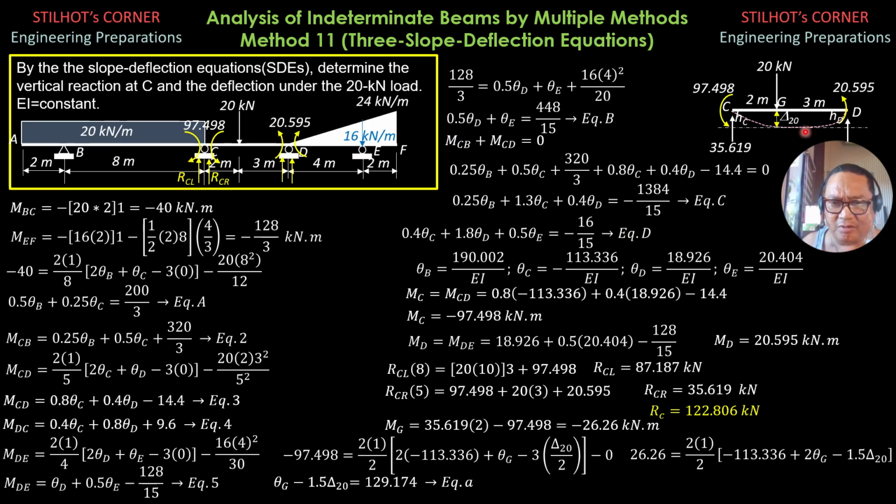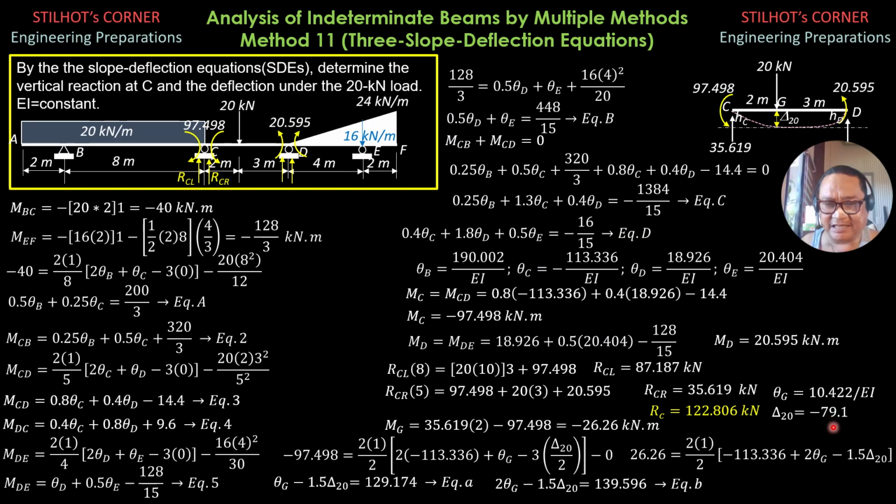There's no load in between G and C and G again, so the fixed moment is 0. Simplifying this, we have 2 theta G minus 1.5 delta 20 is equal to 139.596. So finally, solving equations small letter A and small letter B simultaneously, we get theta G is 10.422 over